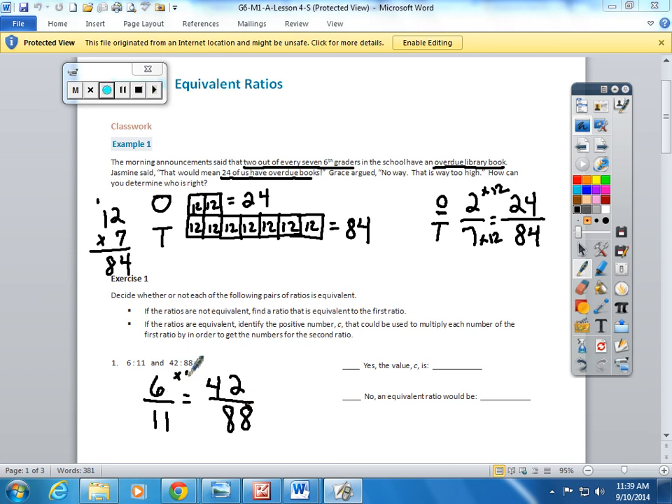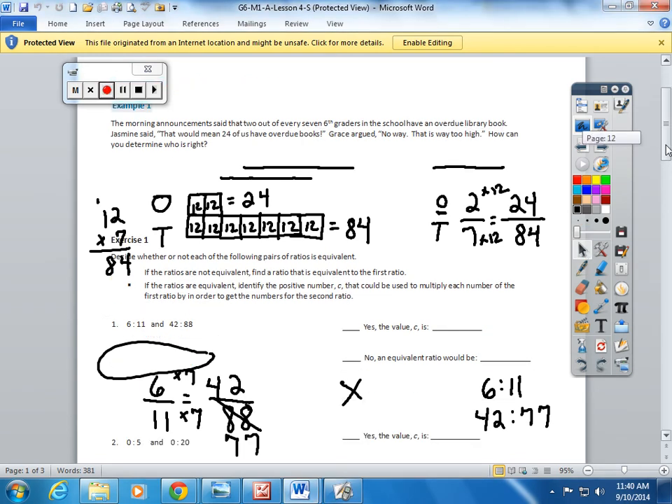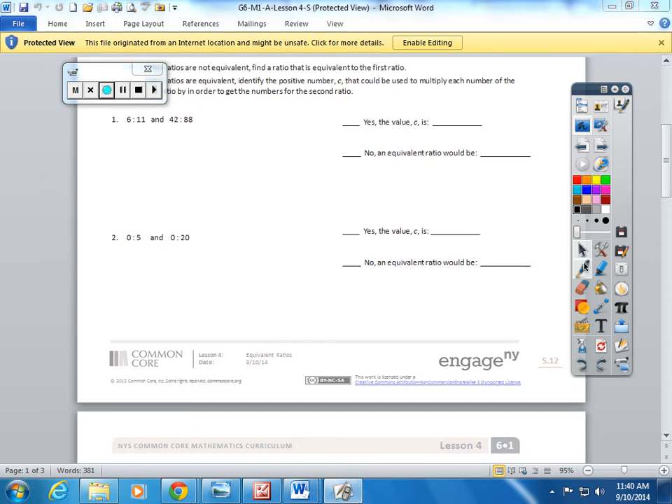6 times 7 gives you 42. Whatever I do to the top of the ratio, I must do to the bottom. I recognize that 11 times 7 is not 88. It's actually 77. So no, these are not equivalent. If they were equivalent, it would be 6/11 and 42 to 77. Okay? I should refresh my screen. Okay? The next one,